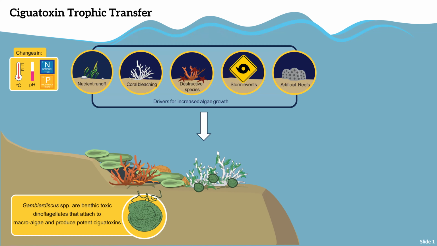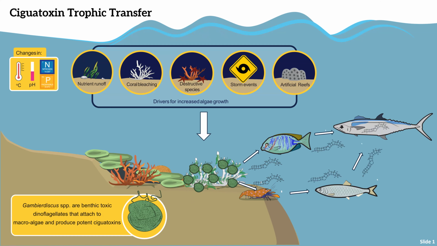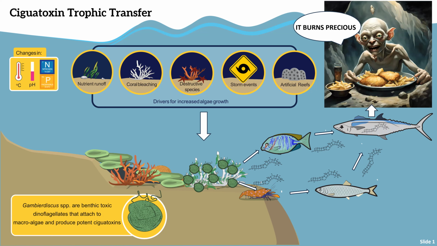When we get drivers for increased algal growth, such as nutrient runoff, coral bleaching, storm events or destructive species, we tend to get a proliferation in these benthic dinoflagellates. And in turn, they produce these toxins. So herbivorous species then feed on the macroalgae and these dinoflagellates, and then these toxins move up the food chain and they get more potent, they biomagnify until our big carnivorous species get it, and then we get sick from